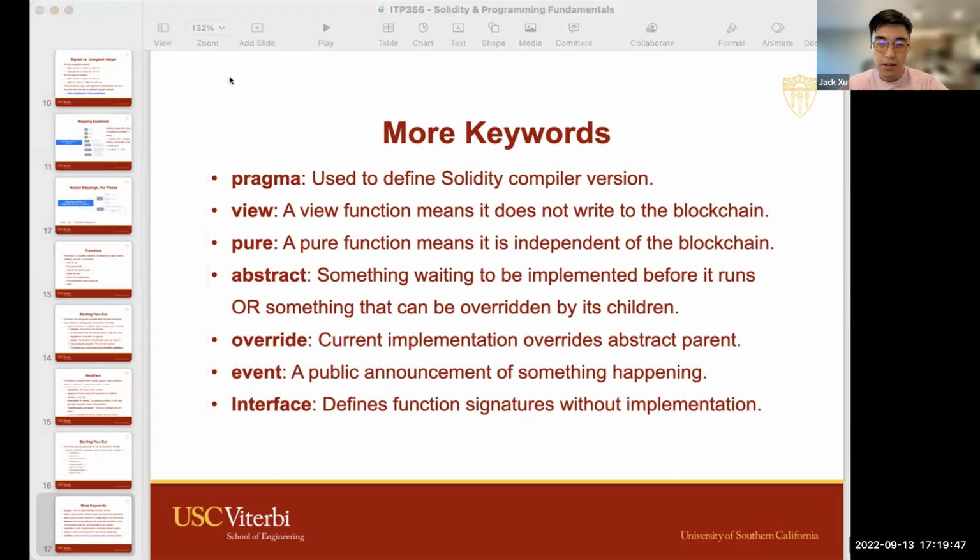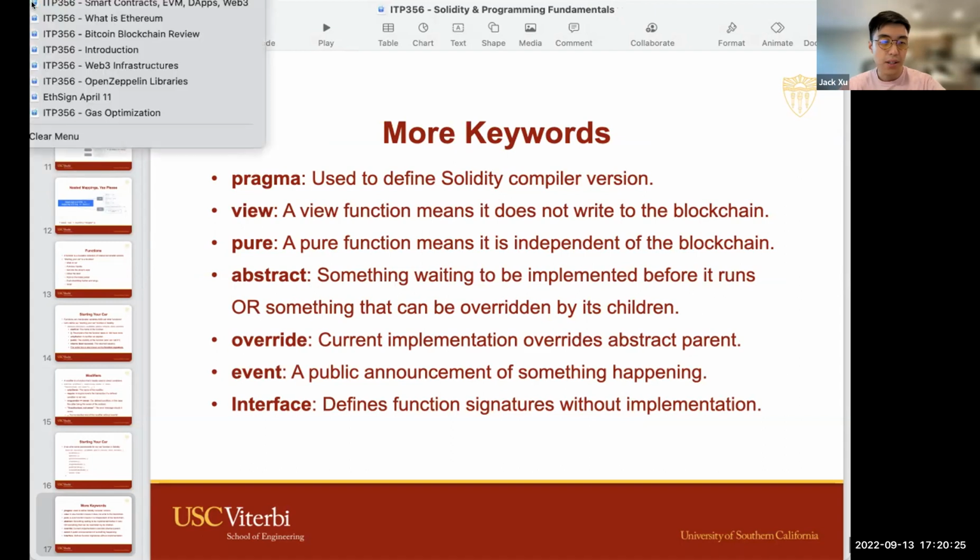And for today, let me actually check. So again, if you have any questions, please let me know. I'm just looking ahead to see what else we have. Yeah, we can keep going. Do we have any questions so far with functions and whatnot? If not, we can move on to the next presentation about structs and arrays, more data structures. Okay, no questions so far. That's fine. So let's move on.